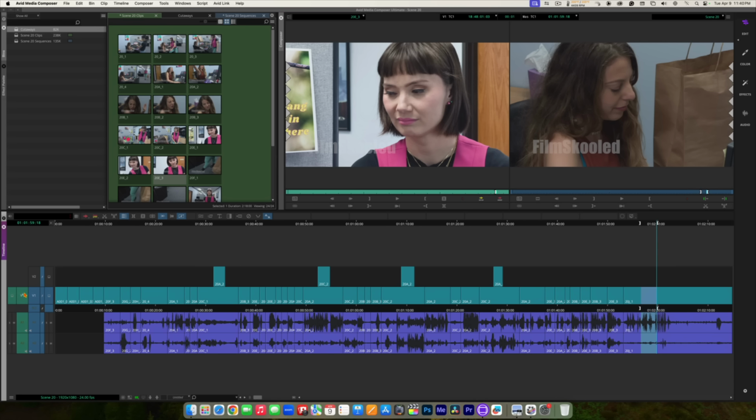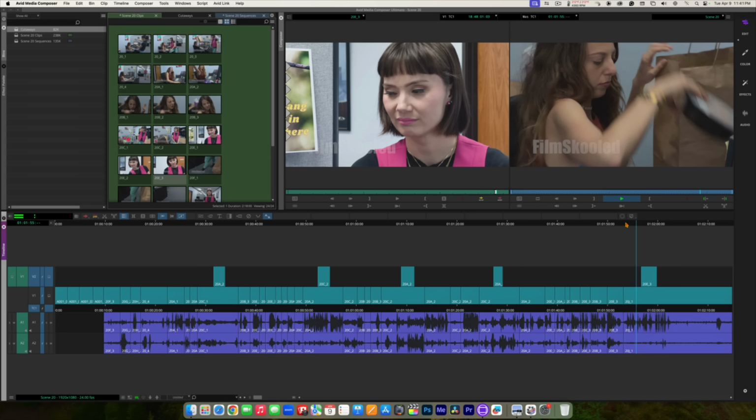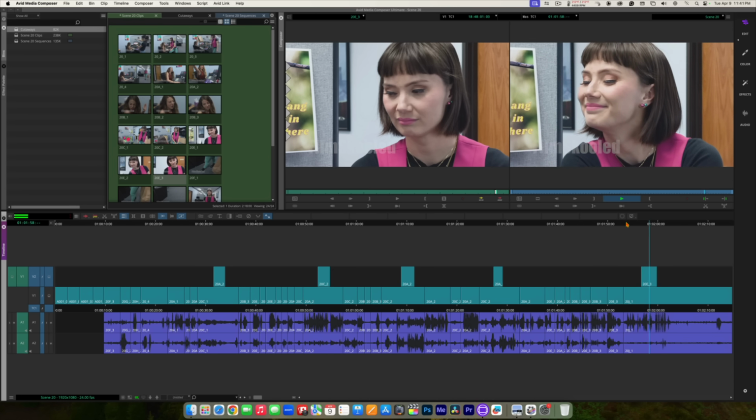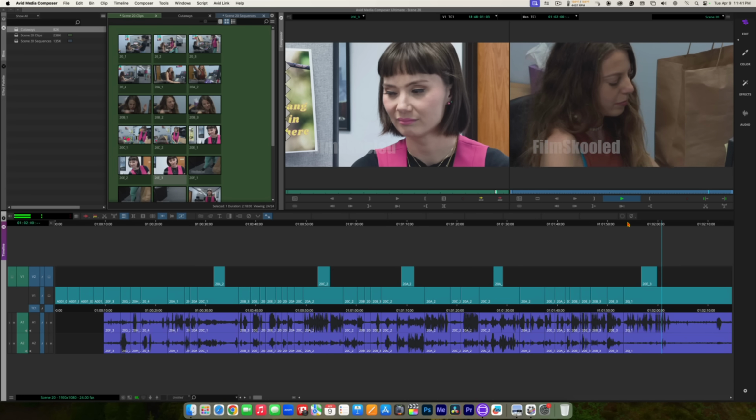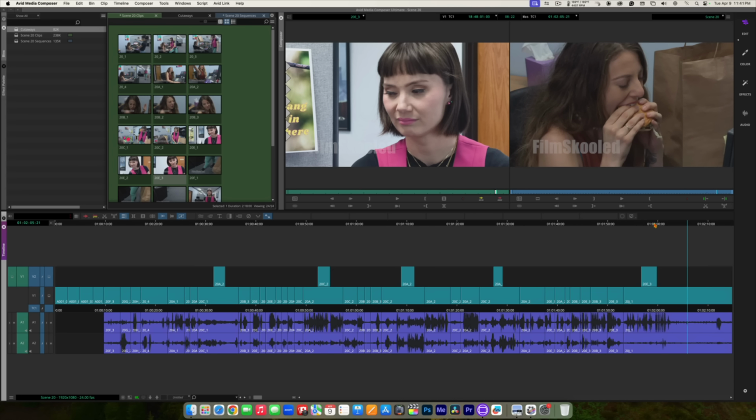So once again, video 1, green source, needs to patch to blue video 2 track. And then I need to turn the other tracks off because I only want to overwrite the video, not the audio. And then I'm going to hit the overwrite button, or B on my keyboard. Drag my playhead back and play it back. Okay, and then